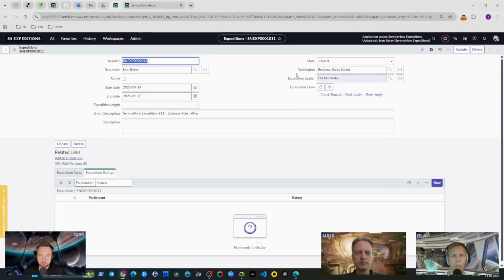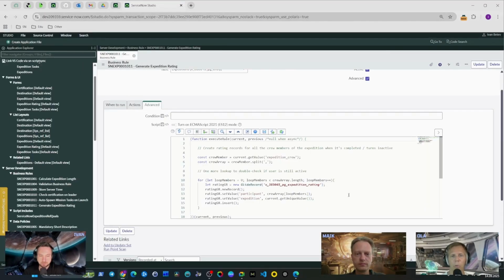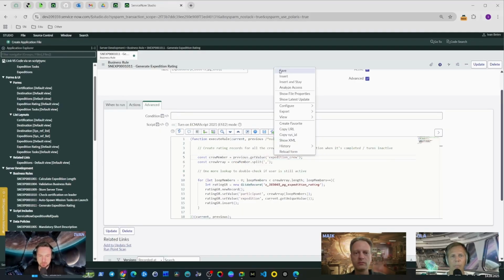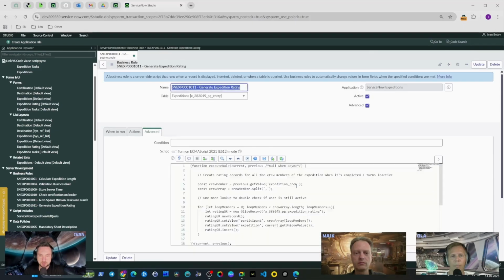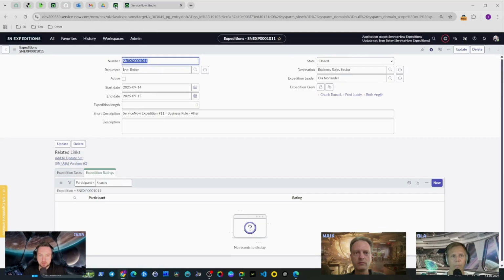And switch back to the business rule. What we did here is we got the values of the participants from the current value of the expedition crew. But as you can see in the first line of the code, you have 2 objects available, current and previous. Let's see if we can simulate something with the previous object instead. Let me change the current reference object to previous. Now let's get back. I presume if we activate the record like this,